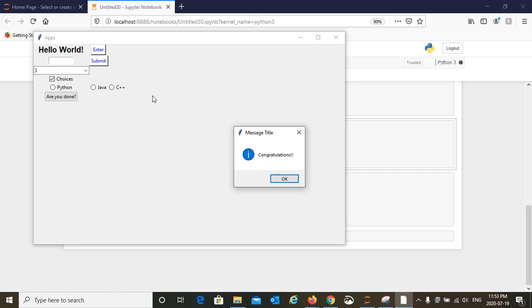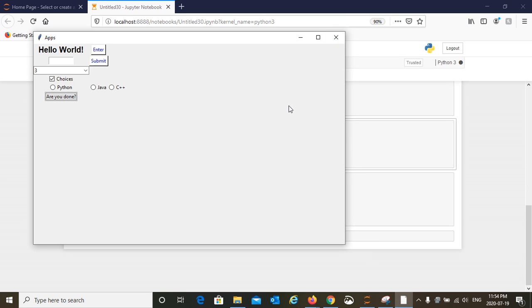So in your real world application, when the submit button or are you done button, whatever you want to call it, is clicked, you can do the validation, and in your message box you can show if some field failed the validation, or does not have the expected value. That's the beauty of the message box.